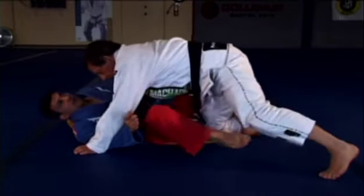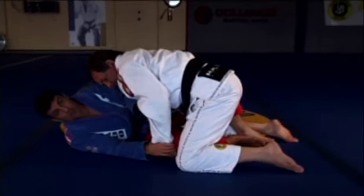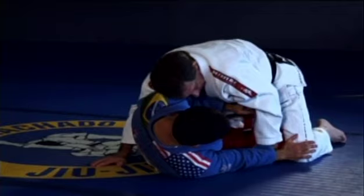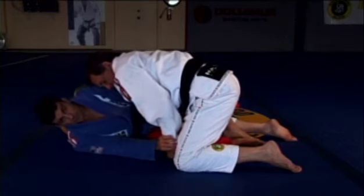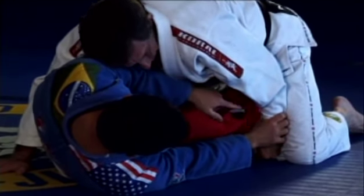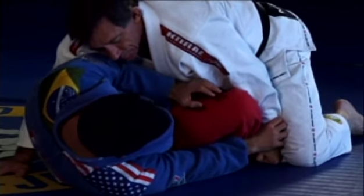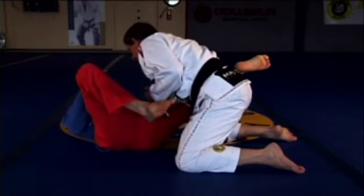One aspect here also is if your opponent ever tries to stop your leg, you're still going to keep the frame, and instead of going against his leg, you go against his wrist. And you start to scoot your hip and stretch your leg so you can release that grip. And my knee is going to go against his arm instead of against his leg, since his arm is what's blocking my leg there. I push straight, and here, either I'm going to get him in the guard,